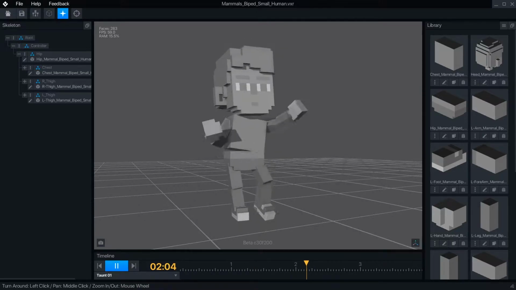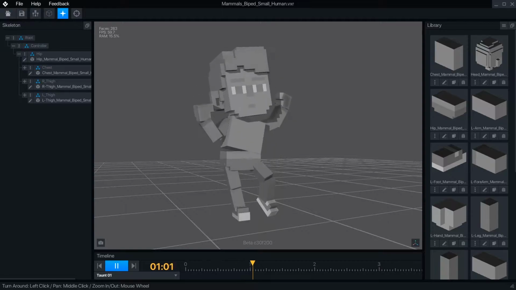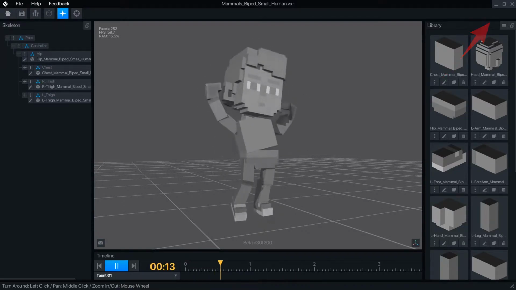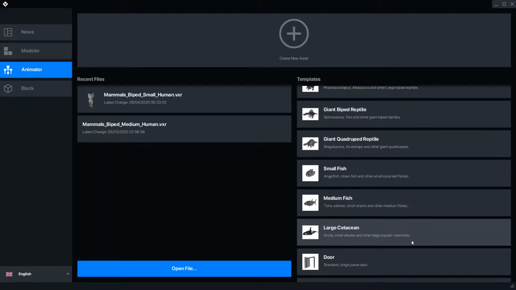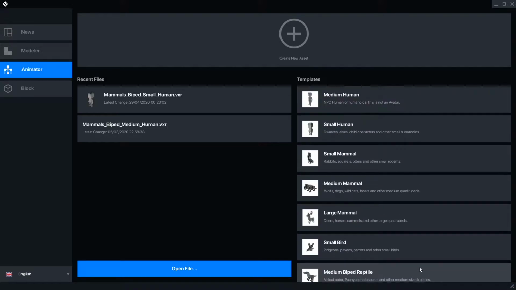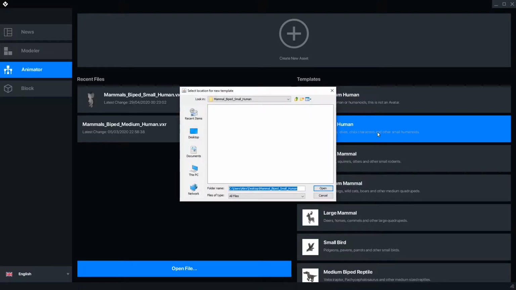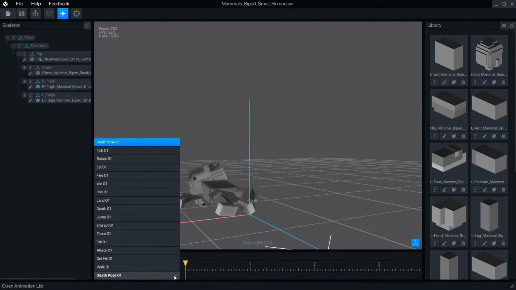I recommend checking out the Introduction to VoxEdit and its modeler mode videos in this playlist if you haven't used the program before. VoxEdit automatically downloads the latest template files whenever you open the Animator tab. These files are created by our animation team in the Sandbox Creator Fund, and they're designed to work perfectly with the Sandbox Game Maker. Click on the template you want to start using, and VoxEdit will prompt you to create a project folder where the rig, animation, model, and thumbnail files will be saved.